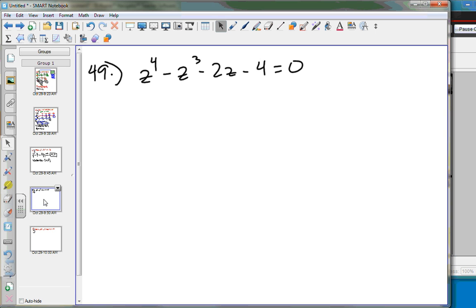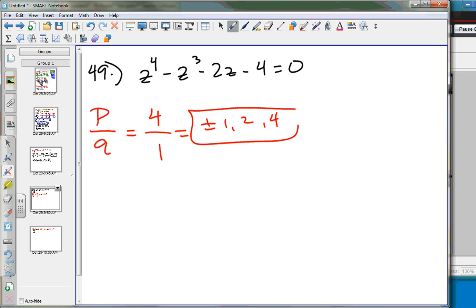It's so much fun. Now, what are we going to do here? There's 2 or 3 different ways you can do this. When in doubt, what should you do? Graph it, right? When in doubt, graph it. Completely legit here. For me, what you guys are going to be doing tomorrow, you're going to be doing P over Q values a lot. Because P over Q gives me a window size. If my P value is 4, my Q value is 1, give me plus or minus 1, 2, and 4. Which tells me my window is going to be from negative 5 to 5. Well, this is extremely important because if I graph this function,